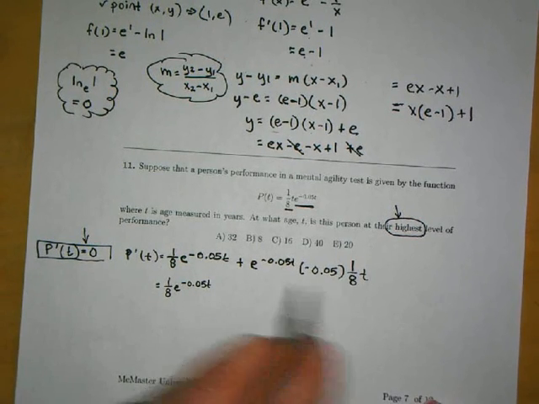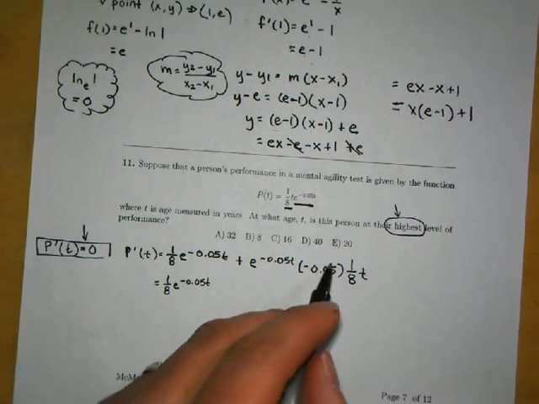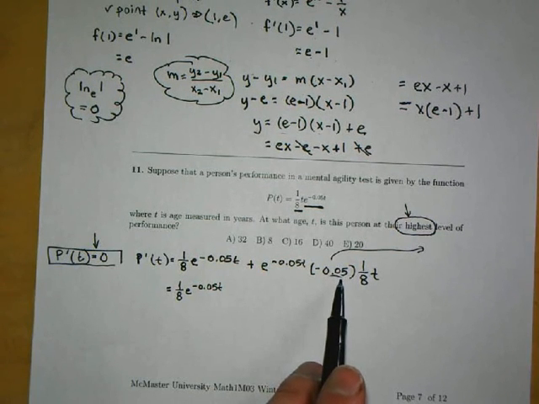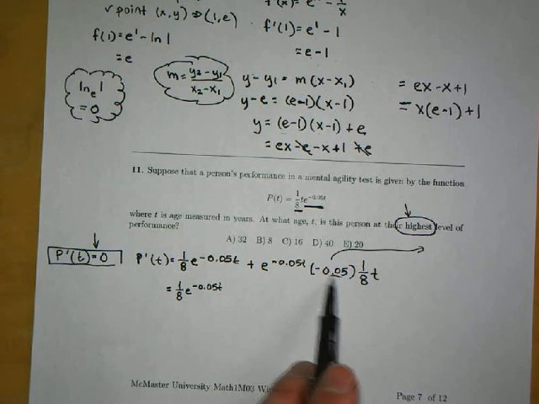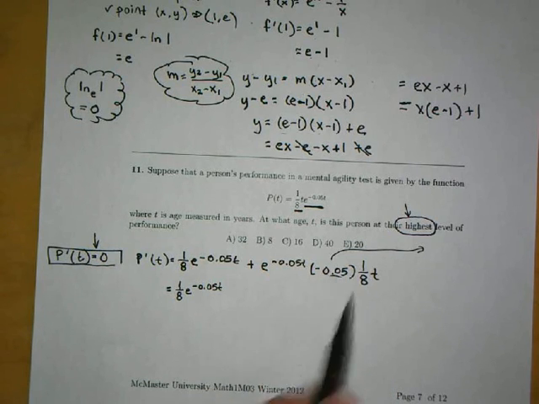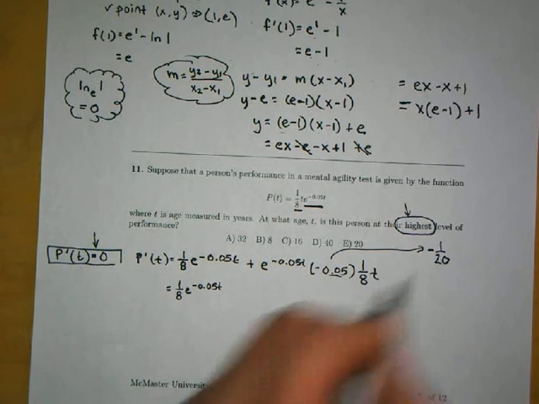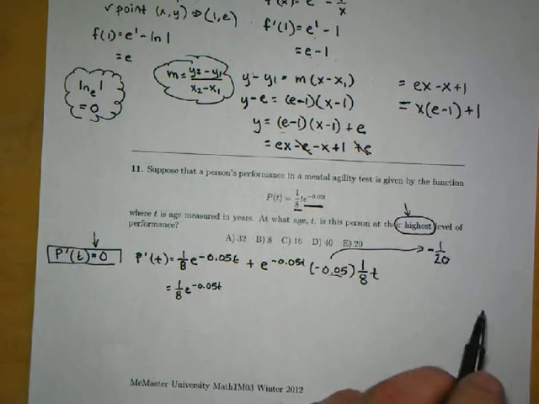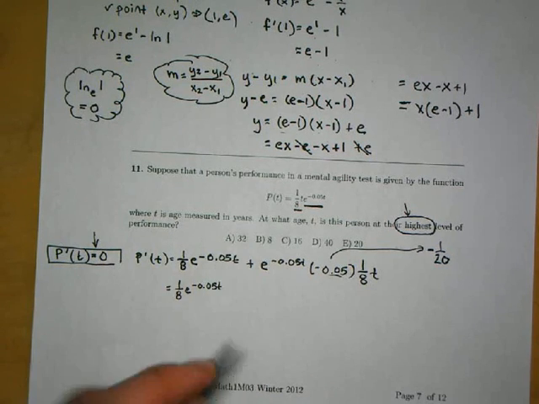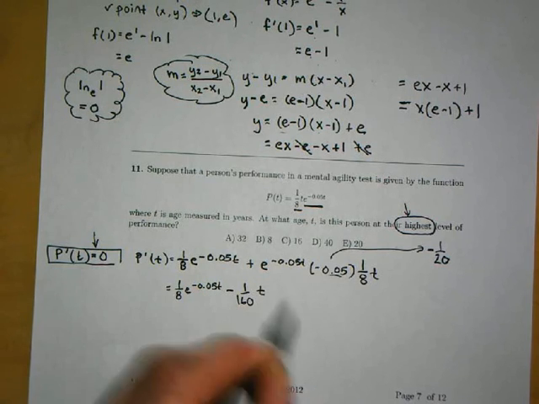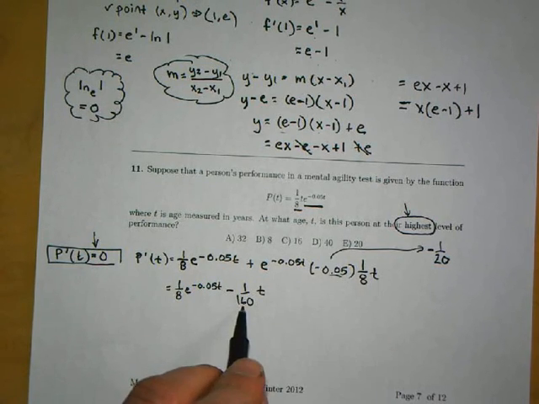A little cleanup here. So as I said, I can change this into a fraction. Maybe I'll just do this on the side. That's 5 over 100, which reduces to 1/20. So this is the same as negative 1/20, which is equivalent to negative 0.05. It's going to be multiplying by 1/8, which is equal to negative 1 over 160. So just trying to do a little bit quickly there. So that all together here is negative 1 over 160 t